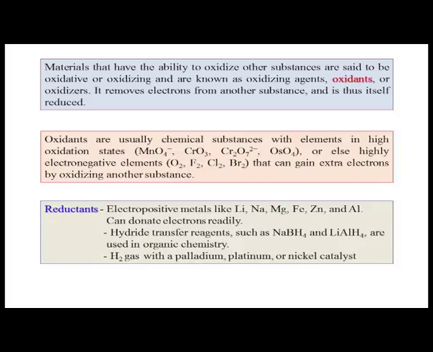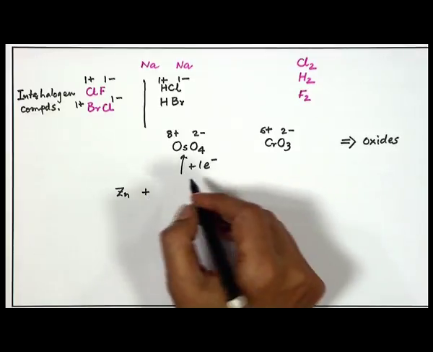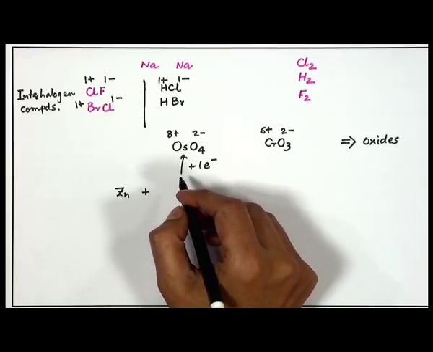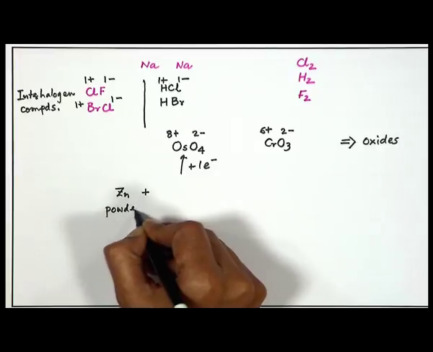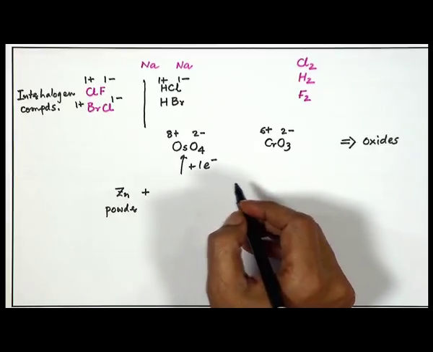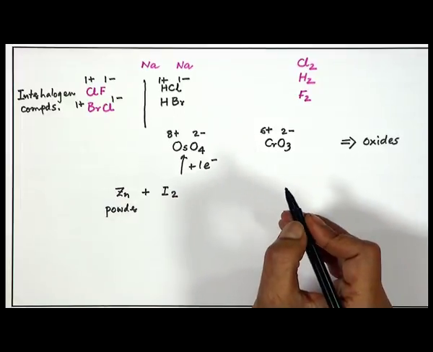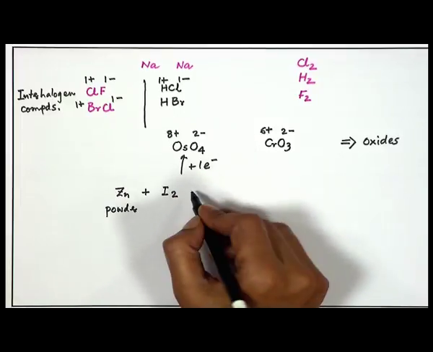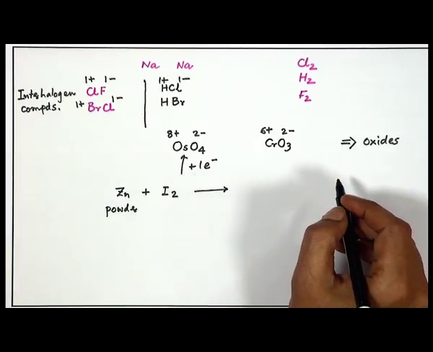So, it can donate electrons readily. If we just think of the corresponding zinc also, zinc in the elemental or metallic state, we can consider zinc as a typical species, and a direct reaction we can have. The laboratory example of this reaction is with iodine. We all know that iodine is a solid, black particles. So, if we consider the corresponding redox reaction between zinc and iodine, we